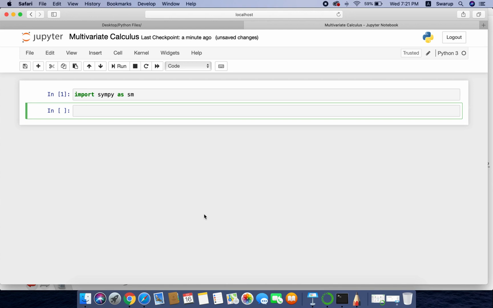Now here suppose we have three variables. I will take the same ones, that is x and y and z, and suppose we want to find out the derivative of this. So for 3x square we'll try with 3x square. I'll write down a comment here: our function is nothing but 3x square.